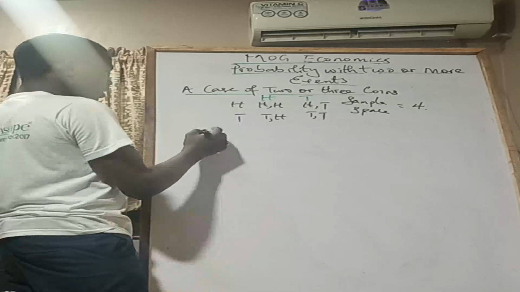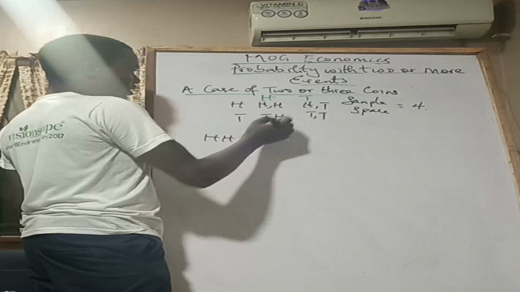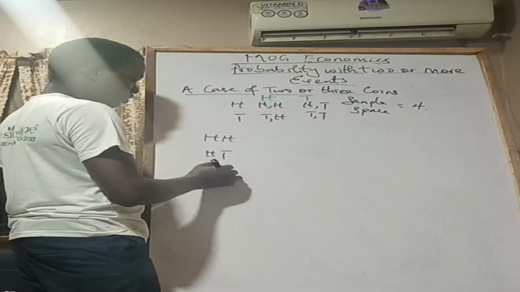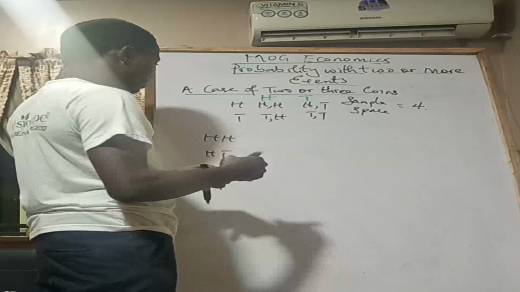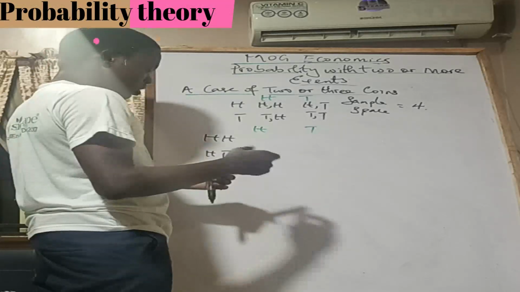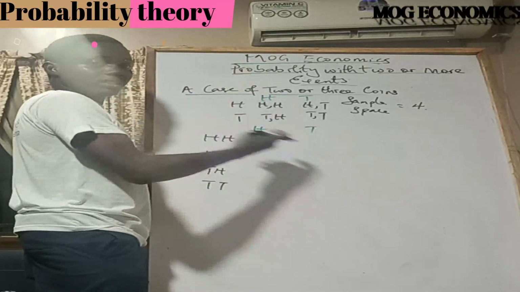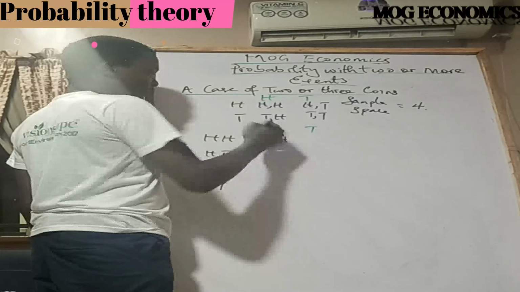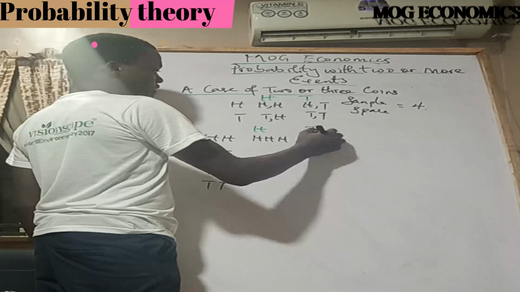I'm going to write each of them out. You've already tossed two coins: you have HH, HT, then TH, which is the result for tossing two coins, then TT. Now you're having a third coin that also has a head or a tail. So now you've tossed the coin twice, you got this. When you toss this with the third one, when you toss three coins now, you have HHH, HHT.